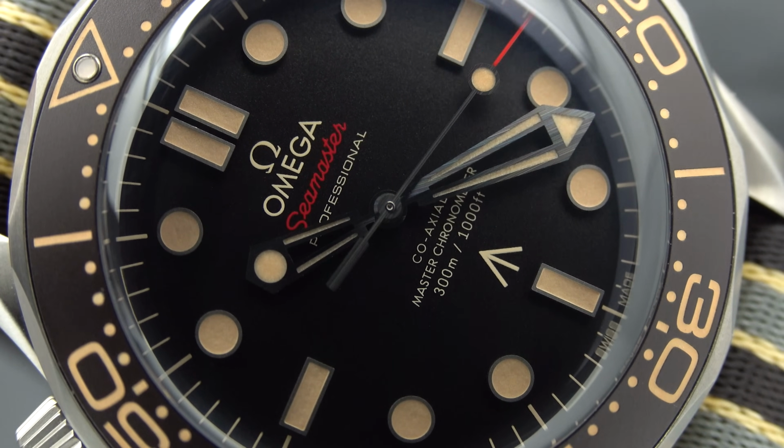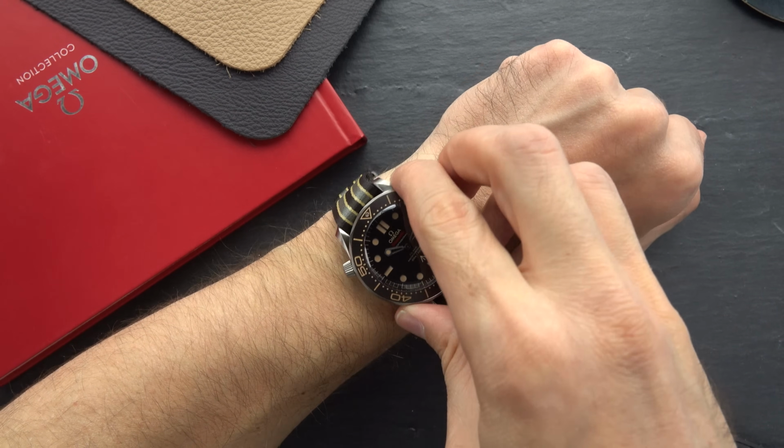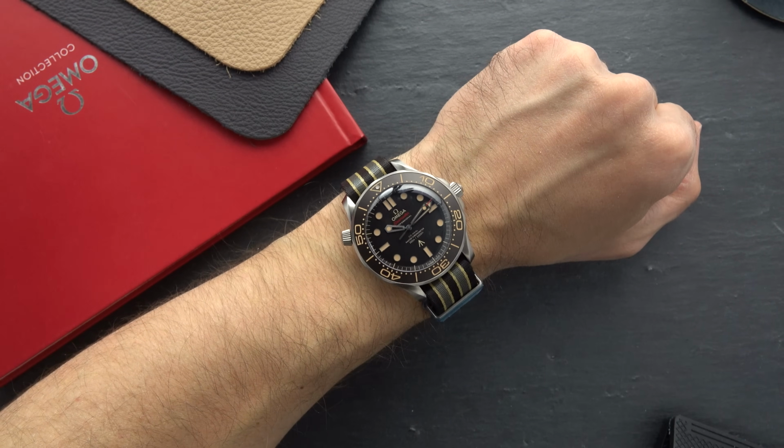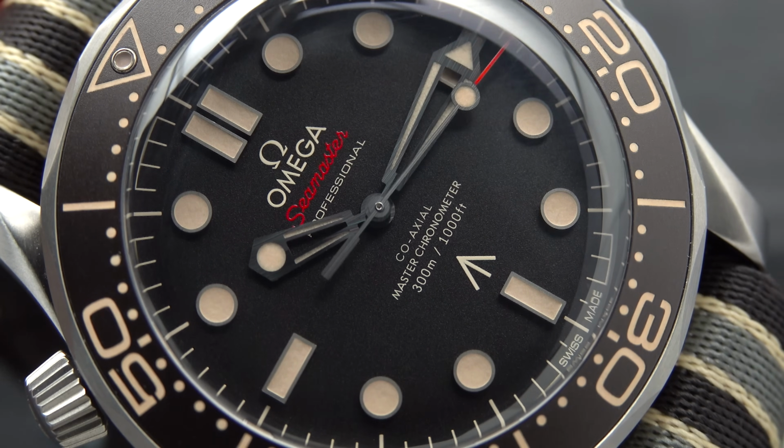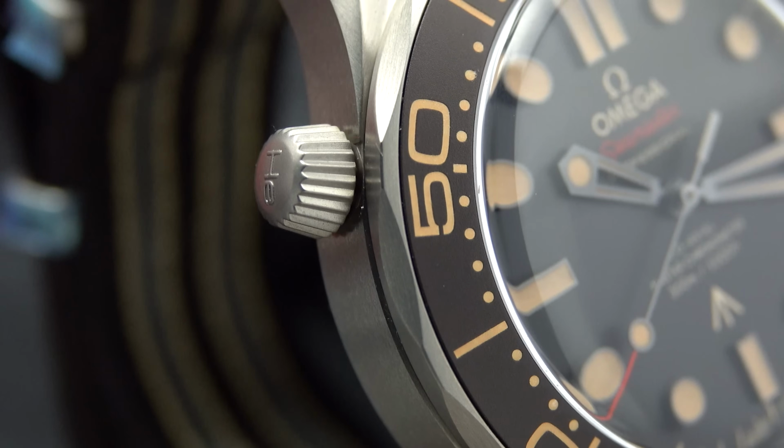There's also no date, which adds to the clean look, and even the indices are colored in cream, which enhances the already warmish vintage appearance of the watch. The Seamaster writing and the tip of the second hand are both colored in red, which beautifully matches the rest of the dial. The bezel is brushed titanium as well, while the inlay of the bezel is actually made of